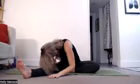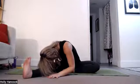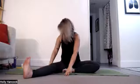You can start to draw your forehead down towards your knee. Flex your right toes back to your face. Keep your shoulders out of your ears. Beautiful. Push your hands into the floor, uncurl, come back to center, and you're going to bring your right leg